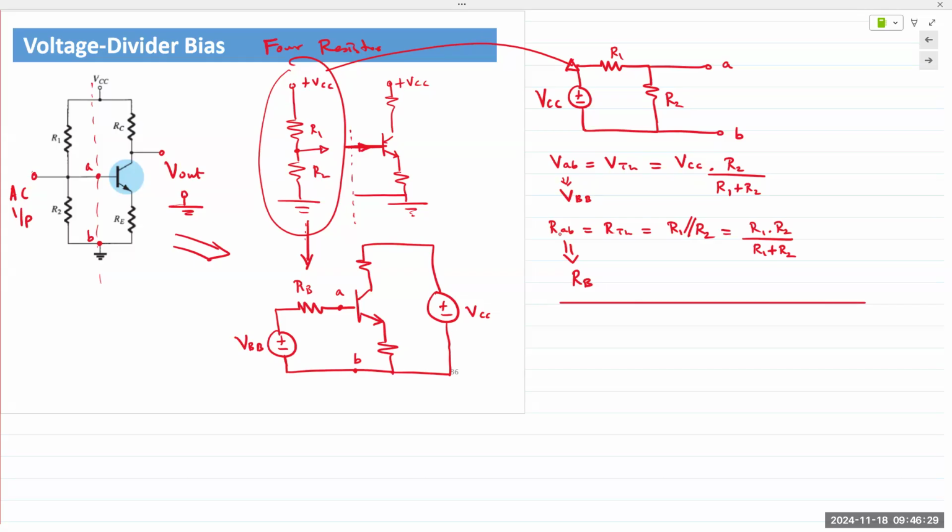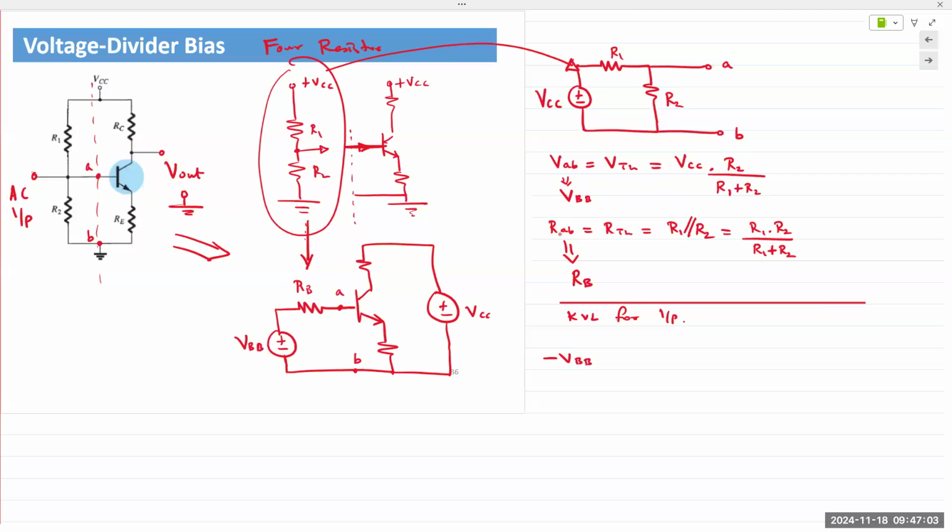Okay. Now the goal here is to obtain an expression for the output current IC. And we can apply KVL on the input side, we can apply KVL on the output side. Either way, which one works? In this case, the input side works. And so if I apply KVL for the input loop, I obtain